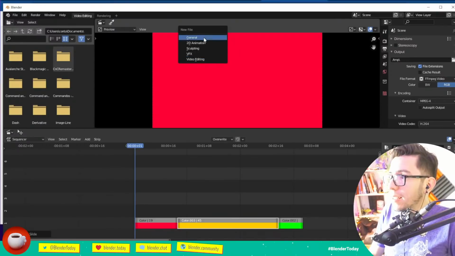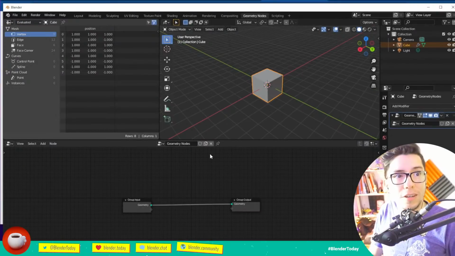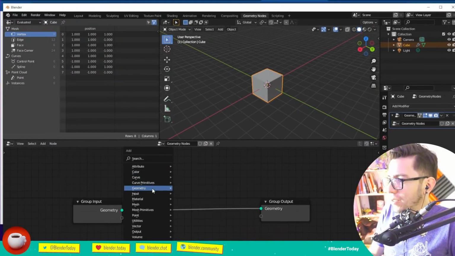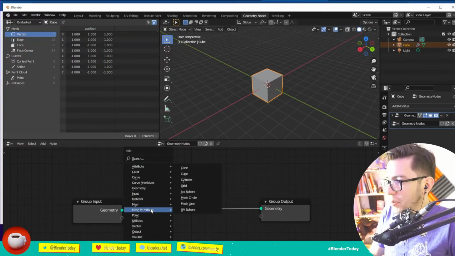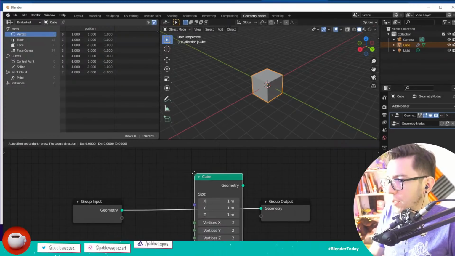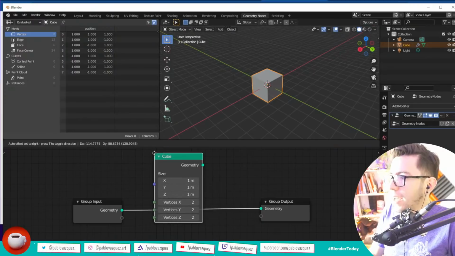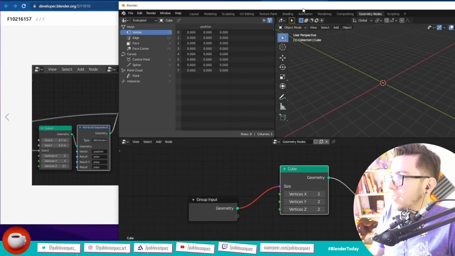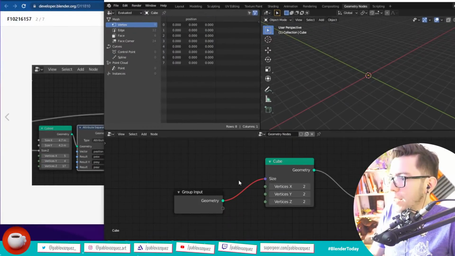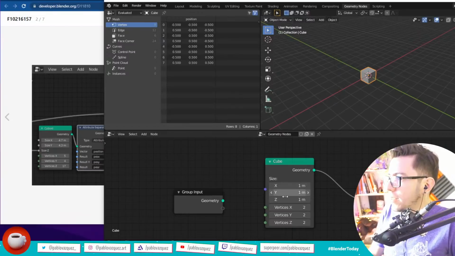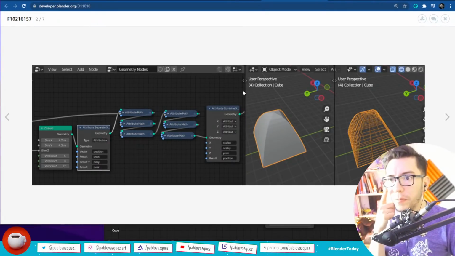Let's see. Today we have some extra time, so let's try things live. So add a mesh primitive cube. There you go. Yeah, it's actually very close. Size X, Y. It's a vector, three vectors. Nice, makes sense. And then the vertices. That's cool. All right, cool. Next,